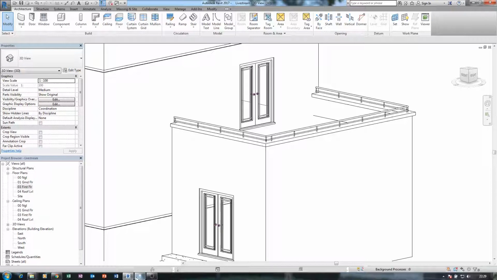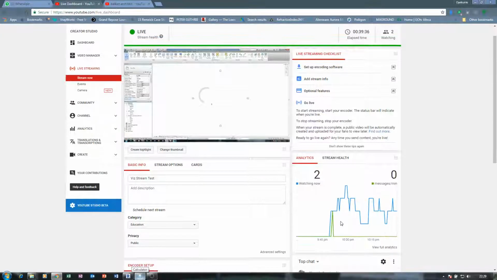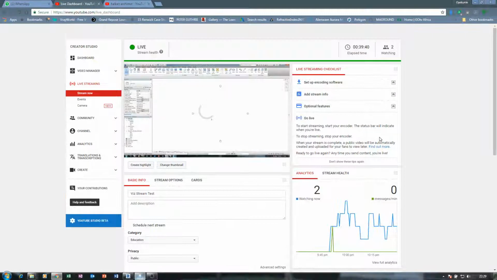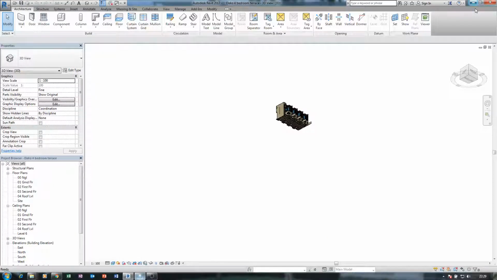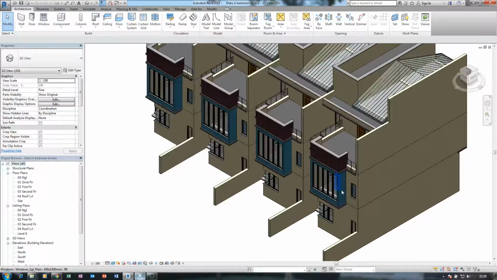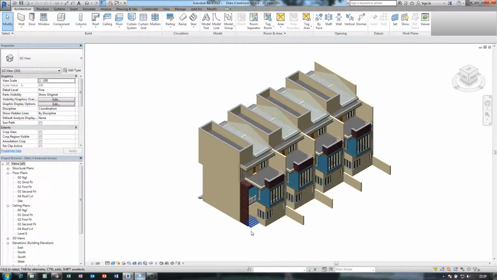Okay. Well, it's already 40 minutes. I can't believe that. Okay, this is what I'm working on. Oh boy, I don't have that railing here. I should. Okay, this is it.